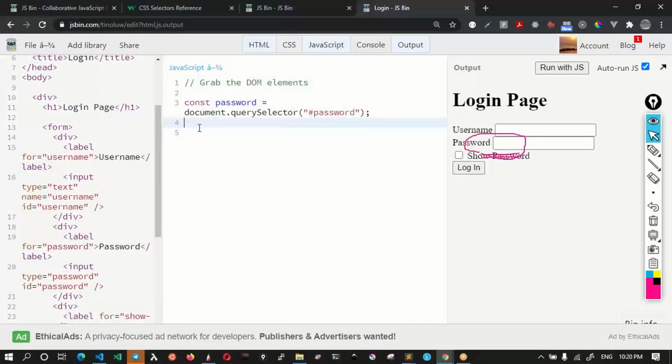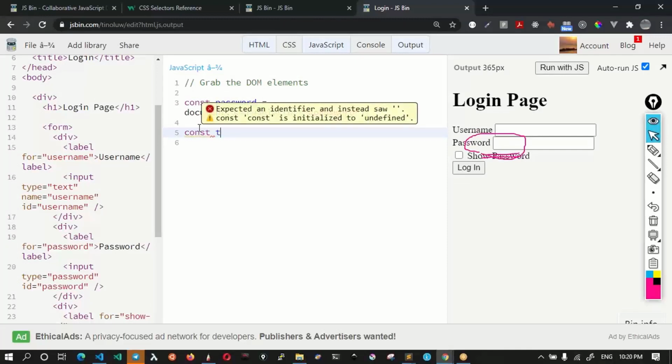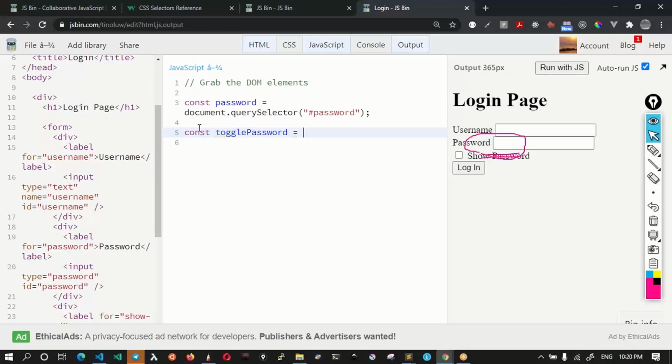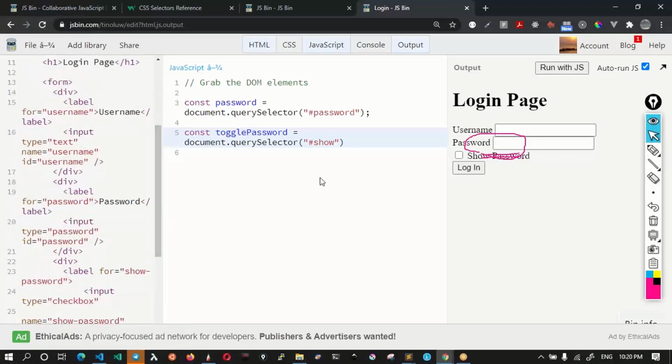So I'll come back here and say const togglePassword. I'm naming it togglePassword, document dot querySelector, and I'll give it this show password. I think it is show password, right? Yeah, show hyphen password.